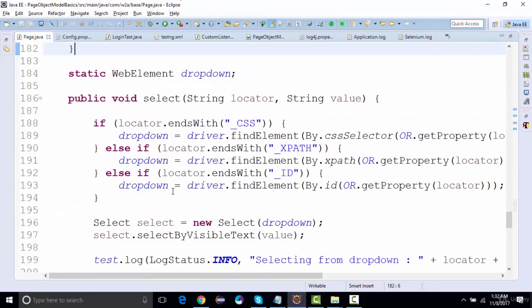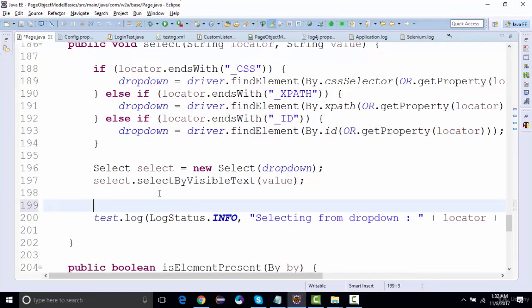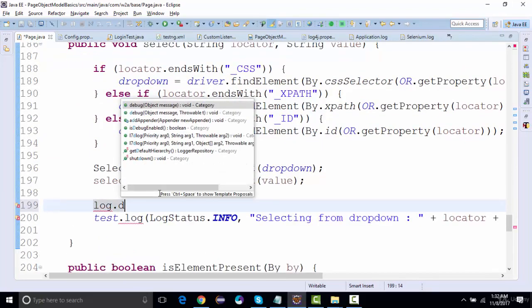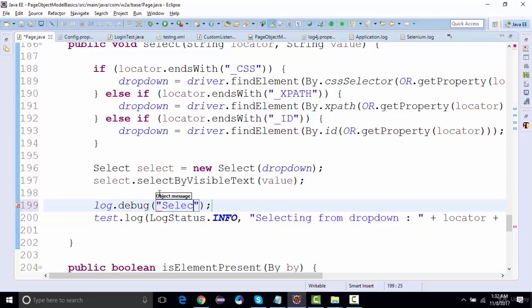And same thing for selecting an element, debug, selecting from an element, value as,